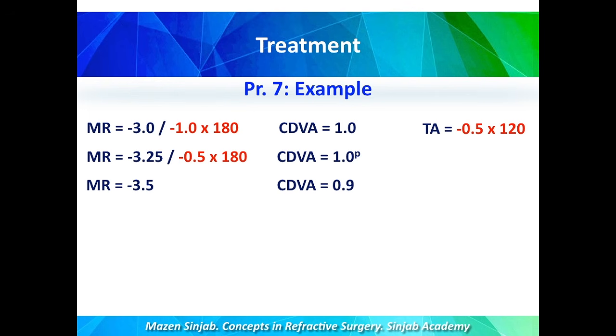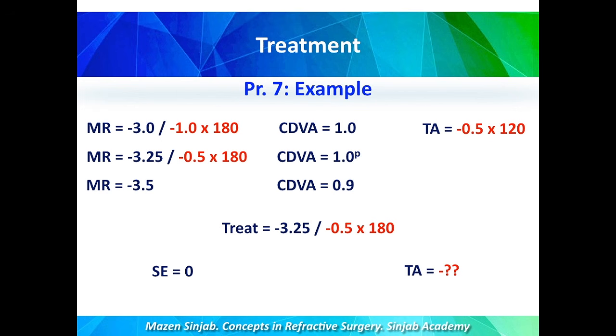Again, I will try to eliminate the astigmatism, and the manifest refraction will be minus 3.5 to obtain the same spherical equivalent, but his best corrected visual acuity becomes 0.9. So in this case, I will go to the manifest refraction of minus 3.25 sphere minus 0.5 cylinder at 180. I choose this in order to treat, and